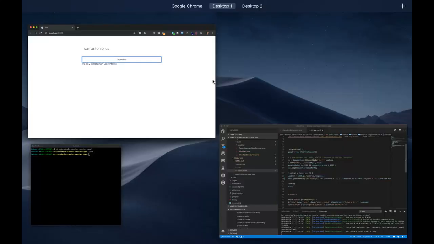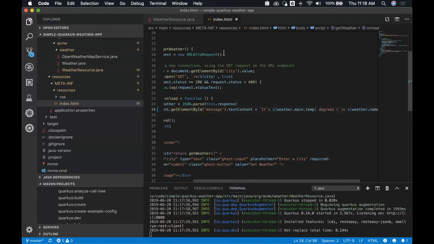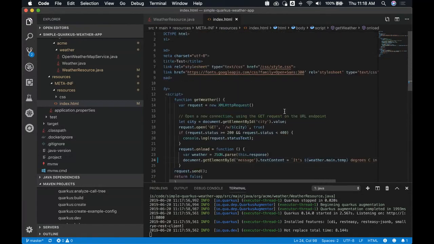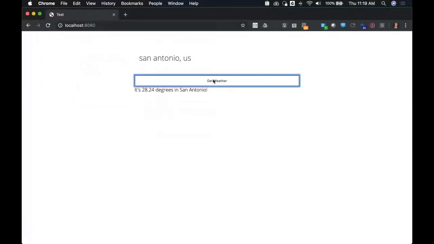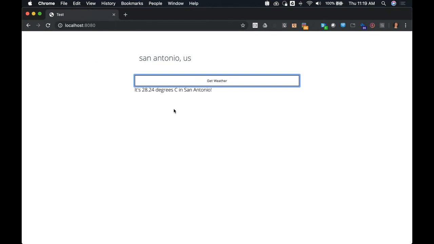Did I not save it? Just reload, say San Antonio. San Antonio, US. 28.24 degrees centigrade in San Antonio.